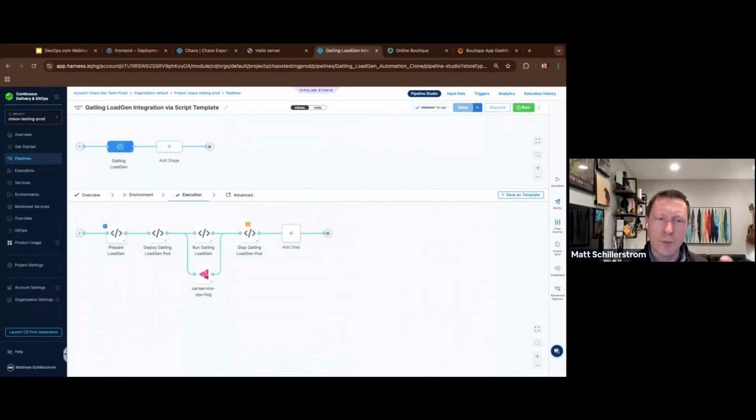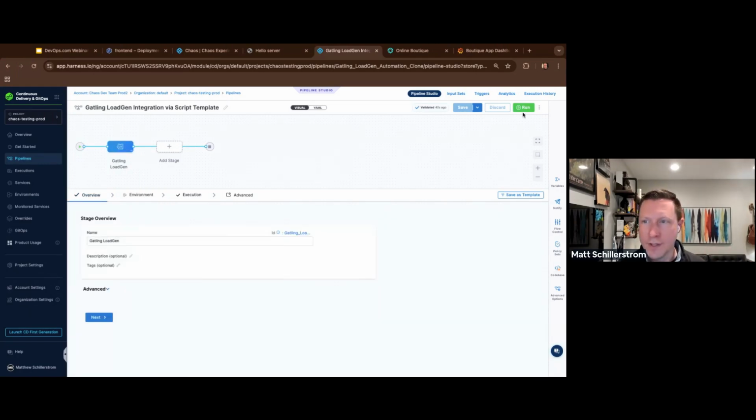So it's going to actually prepare. Each load testing tool works differently. The way that this workflow works with Gatling, it's going to prepare the load gen, deploy it, run it. In parallel, I'm going to do a CPU hog. So I'm going to consume all the CPU of the system. So it's going to get high user transactions as well as high CPU utilization. And then the test will safely stop the load gen after the chaos experiment runs. And then I can get a repeated result.